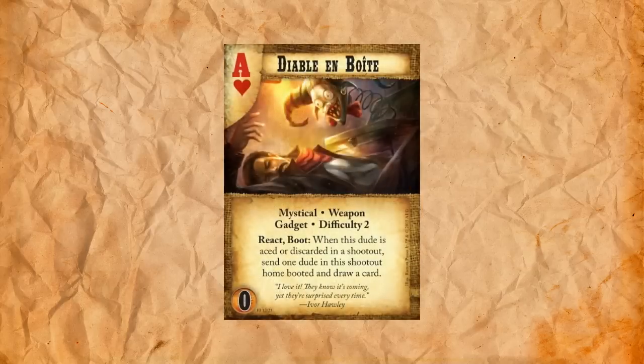Now we're starting to get to the goods cards, and the first one that we have is Diable en Boîte, or Deviled Box, better known as a Jack in the Box in English. This is an Ace of Hearts. It's 0 to play. It's a mystical weapons gadget, and it's difficulty 2. React Boot, when this dude is aced or discarded in a shootout, send one dude in this shootout home booted